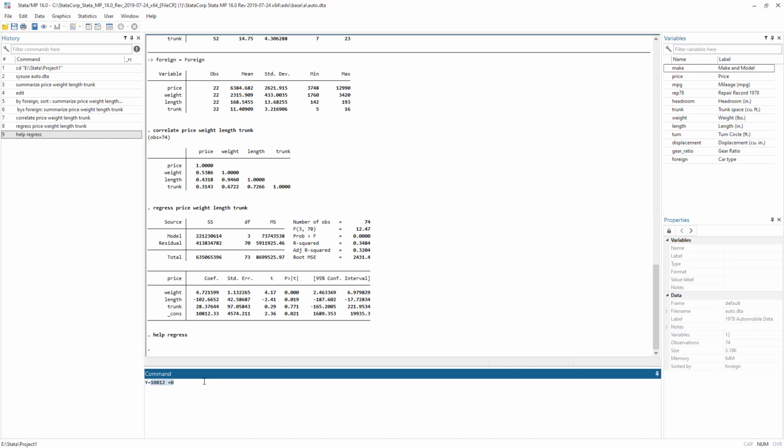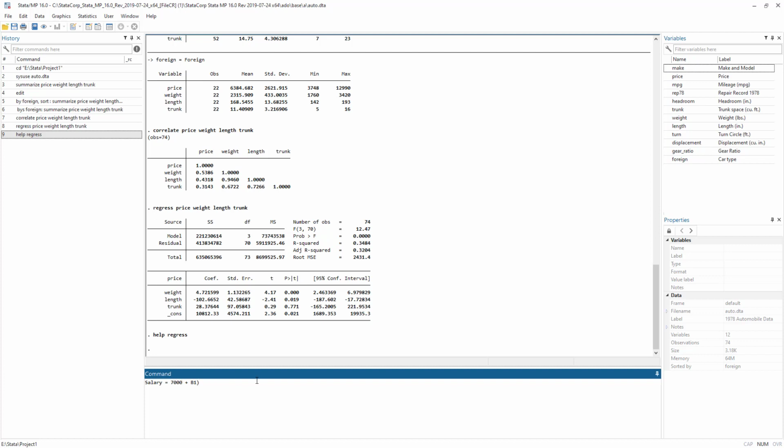So this constant means, and you can write it, the value of the dependent variable when the value of all the independent variables is 0. So if we had our model of salary, which is equal to alpha plus beta 1 education, and let's say we found out that the alpha value was 7,000.